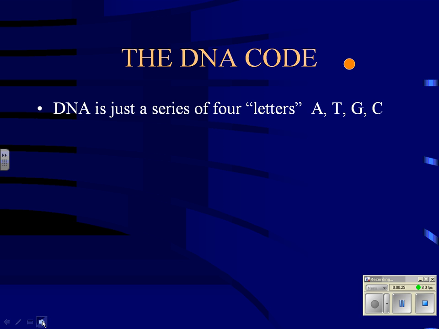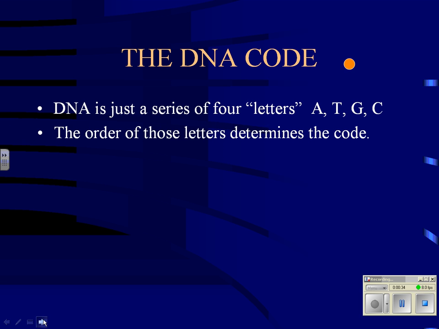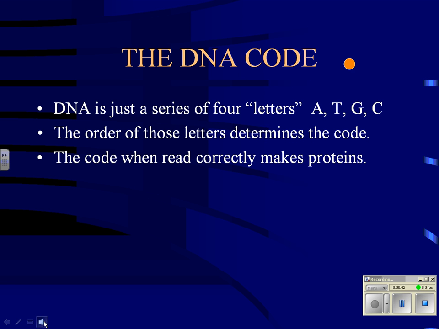So the DNA code itself, remember that DNA is just a series of 4 letters, A, T, G, and C. It's the order those letters are in that determines the code. When the code is read correctly, it makes proteins. Now, this idea takes a little time to talk about because before we get too far, what you have to understand is that what you are actually made of, or what any living thing is mostly made of,